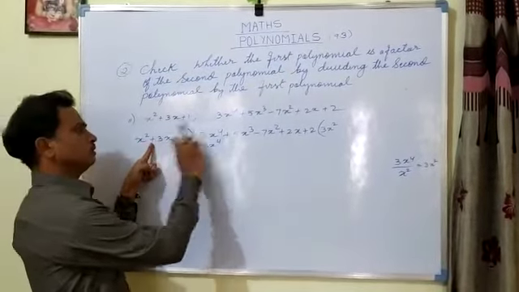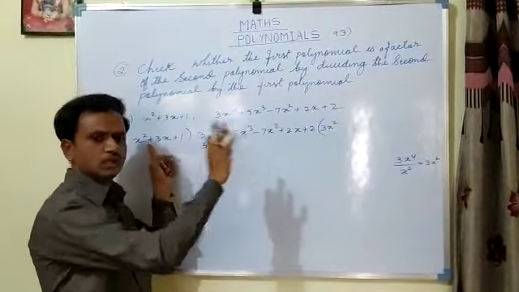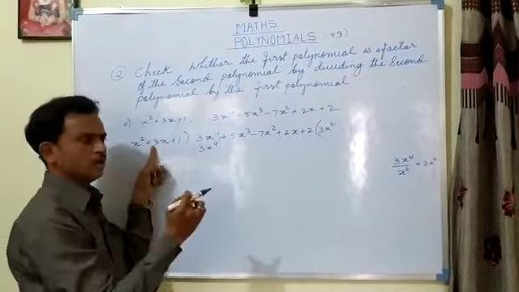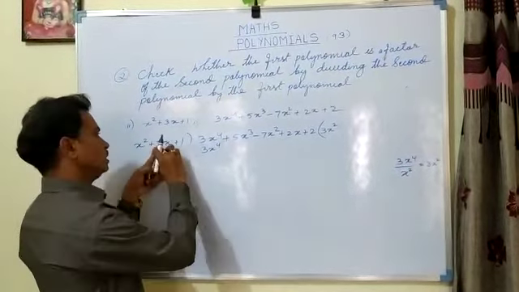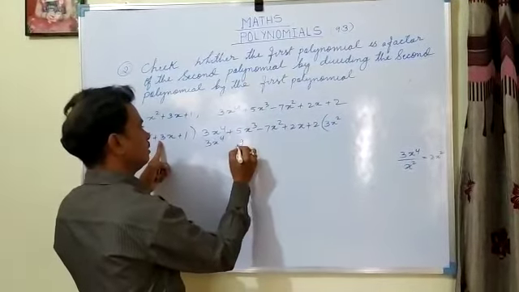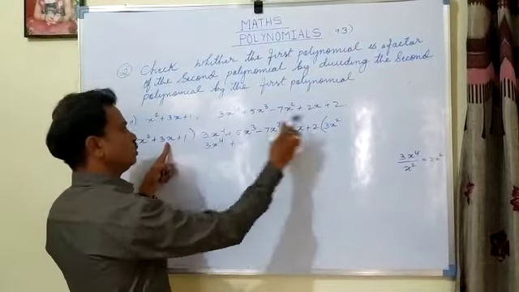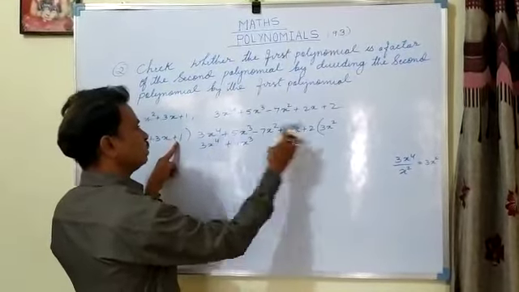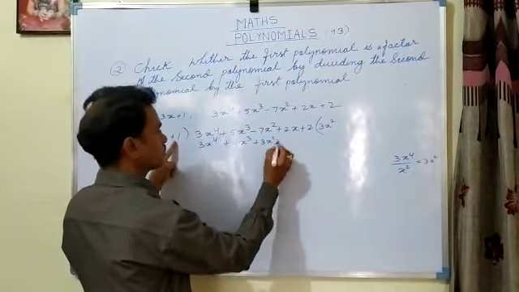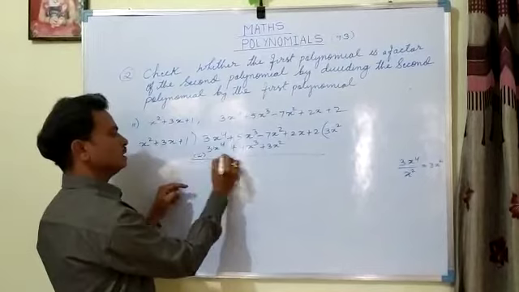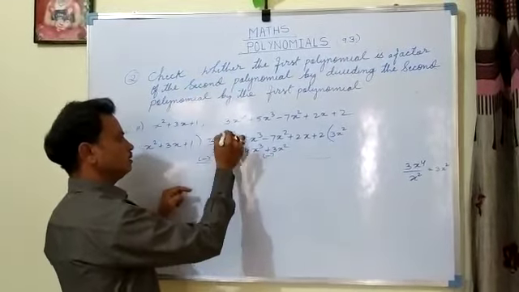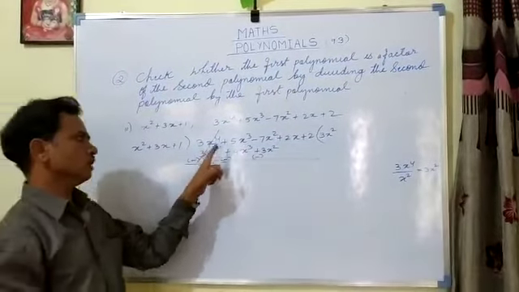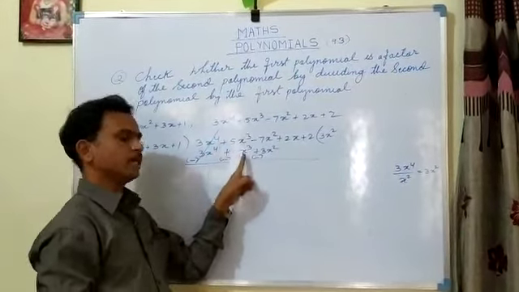Then plus. Here also no sign is there, so we should consider it as plus. So 3x into 3x square becomes 9x cube, 3 3s are 9. Here plus. Here x into x square becomes x cube. Then plus 1 into 3x square, plus 3x square. Put opposite signs, minus, minus, minus. So first you cancel this, plus 3x to the power of 4 minus 3x to the power of 4 gets cancelled. Then plus 5x cube minus 9x cube.